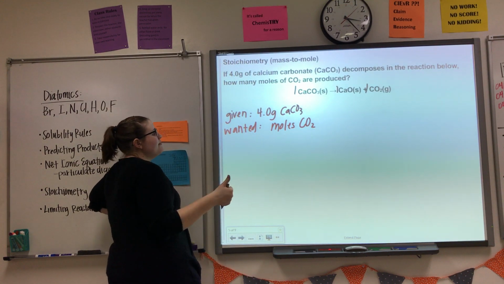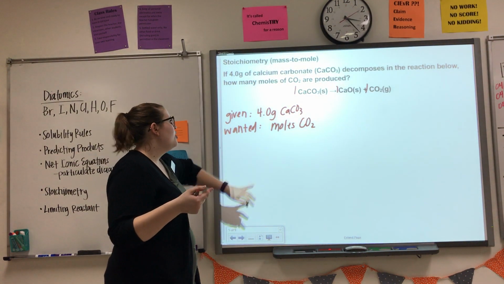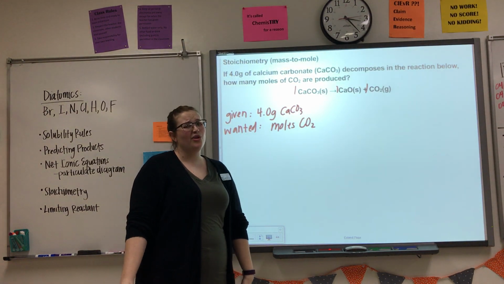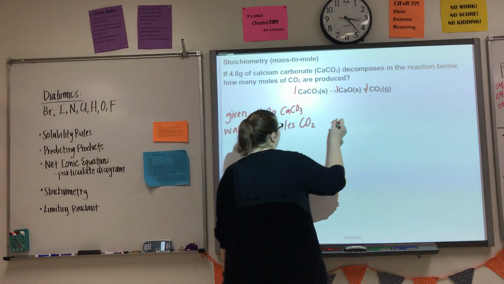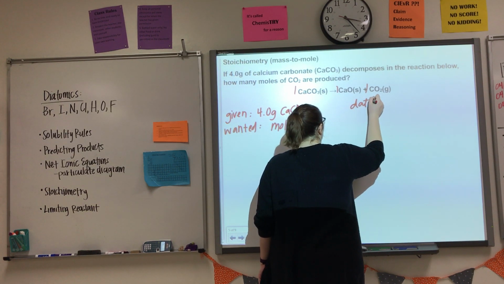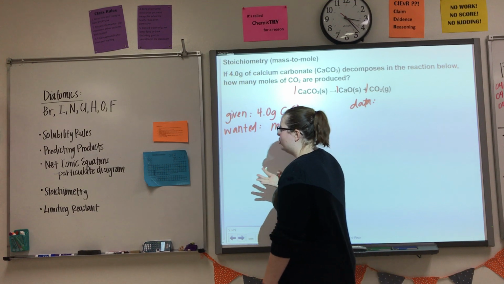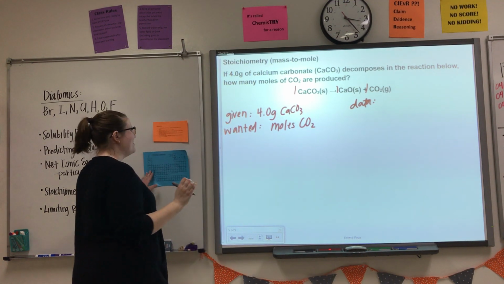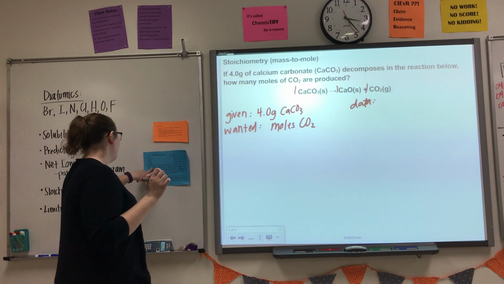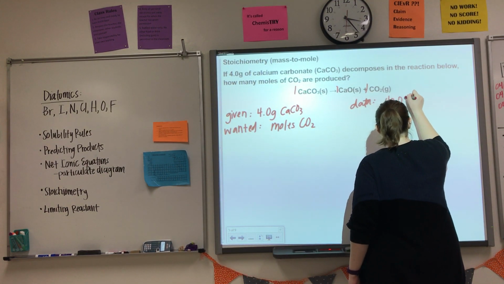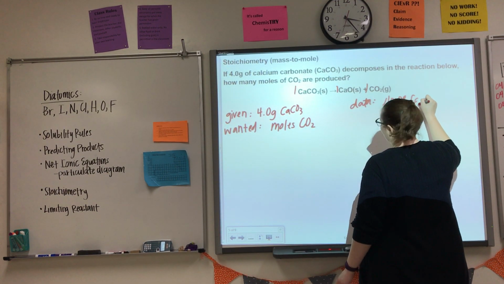All right, we're starting with grams of one thing and we're getting moles of something else. Well, to get from grams of calcium carbonate to moles of calcium carbonate, I'm going to need my molar mass. So that's going to be the piece of data that I'm going to go ahead and calculate. To get this piece of data, I need to figure out what the molar mass of calcium is. When I look at my periodic table, I get 40.08, that's grams of calcium, and I only have one of those,